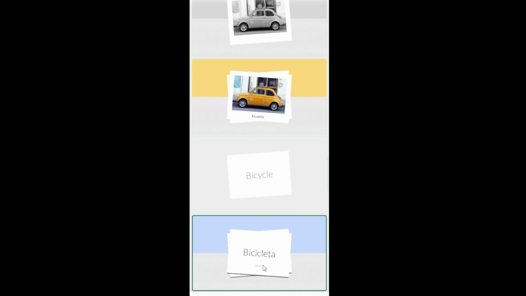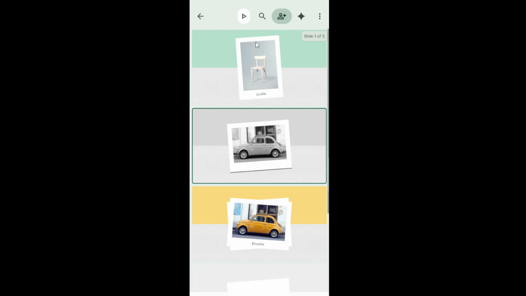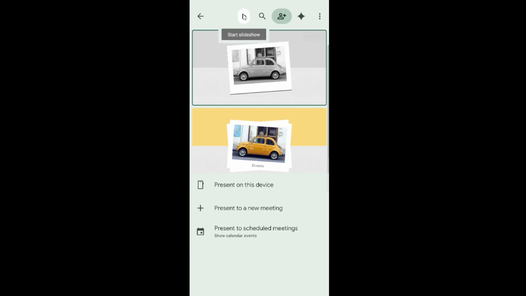When you're ready to present, start present mode. Look to the top of the screen for the play icon. It looks like a triangle inside a rectangle. That's the present button. Tap or click it to bring up the presentation options. Present mode gives you a clean, full-screen view so the video looks polished and professional.